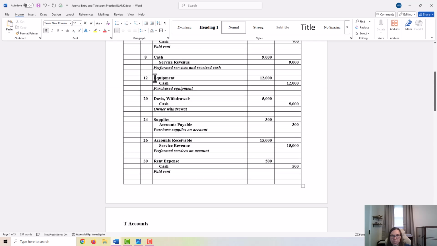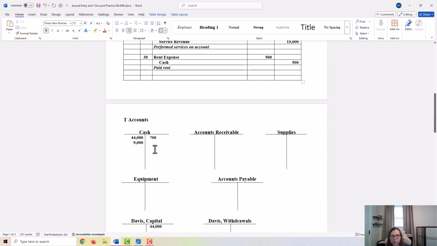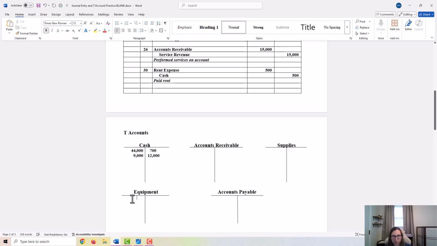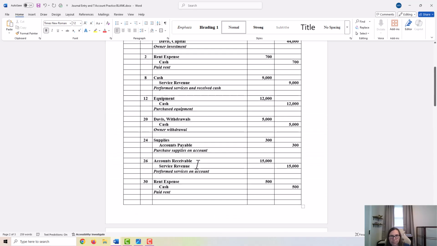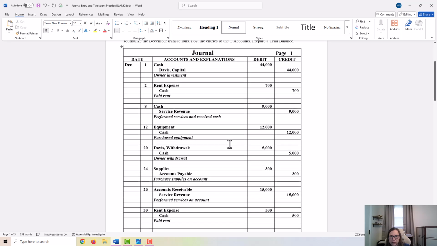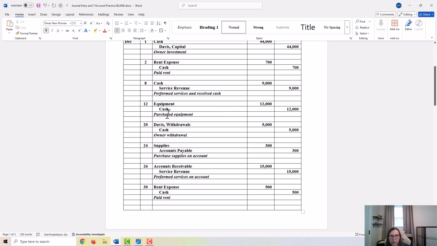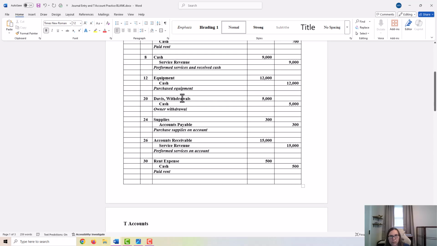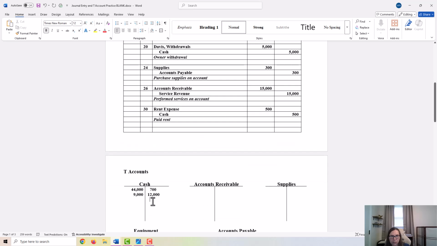The next entry was a debit to equipment, credit to cash for $12,000. So I would find those accounts. And if you want to try to do this yourself, you're welcome to pause the video while you make the entries and then fast forward to see if you get the same answer as me. The next one is a debit to the withdrawals account for $5,000 and a credit to cash. So I would find those accounts here